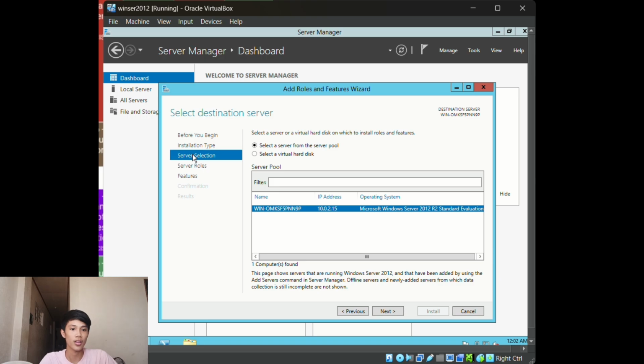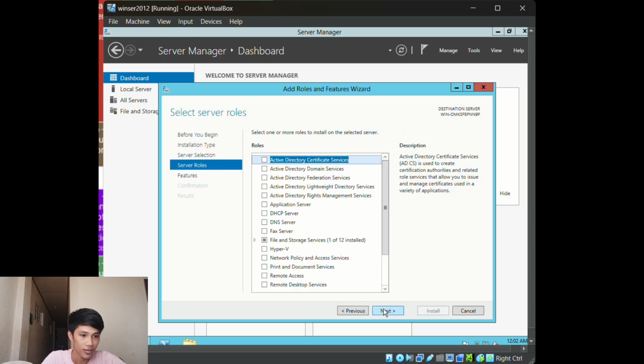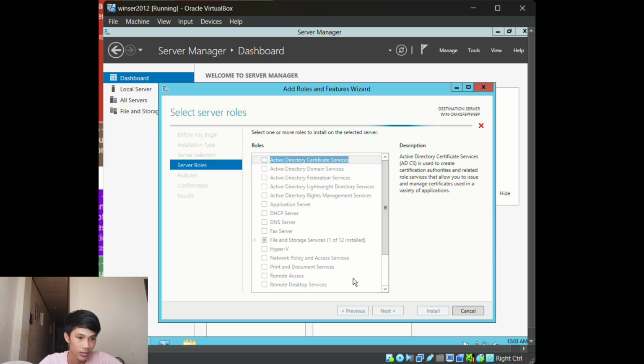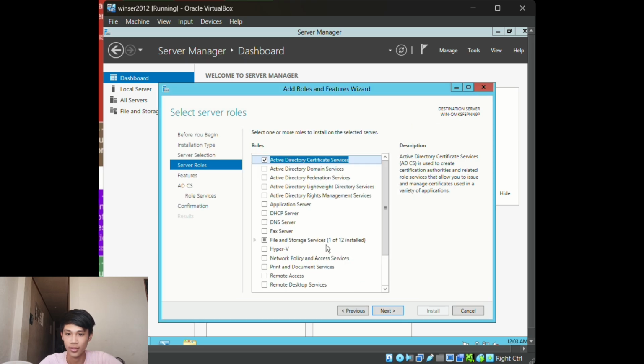We're going to the server selection, then select the Windows server, then click next. We're going to put check on the Active Directory and click next.